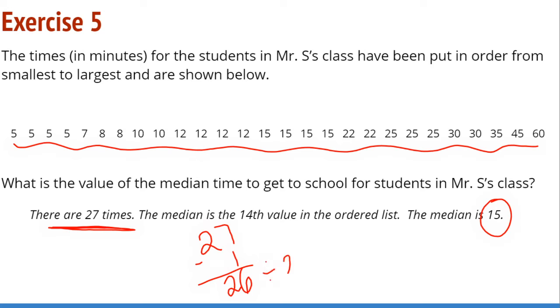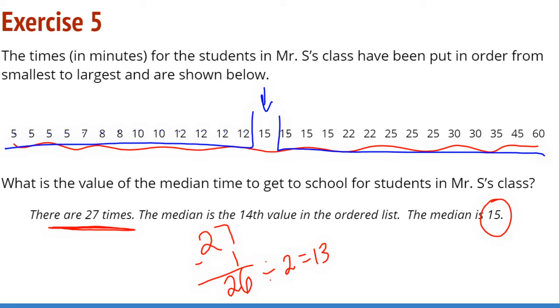And if I divide those in 2, I find out I've got 13 numbers that will be before the median. Then there will be the median and 13 numbers after. So I can split this: 1, 2, 3, 4, 5, 6, 7, 8, 9, 10, 11, 12, 13. Here's the median, and I've got 13 that come after: 1, 2, 3, 4, 5, 6, 7, 8, 9, 10, 11, 12, 13. So I've now found the median